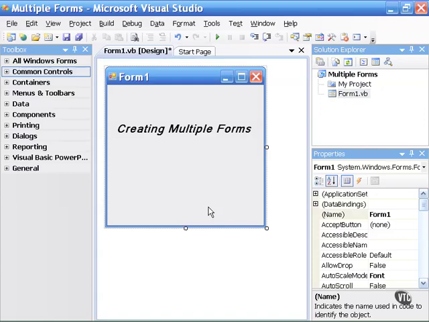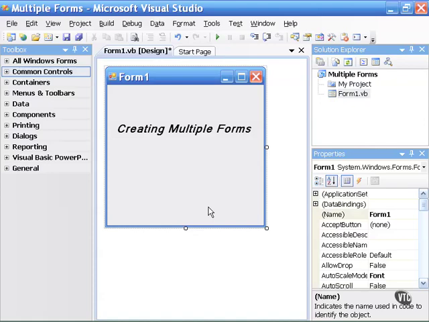In this movie we will discuss creating multiple forms. Up to this point, we've only discussed using one form at a time. As you will see, creating a second, third, and fourth form is a very simple process. Before we begin adding a form, however, it's important to note that while we only had one form previously, we